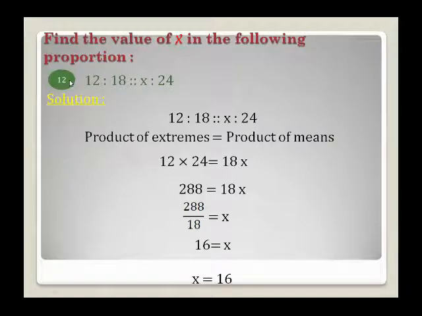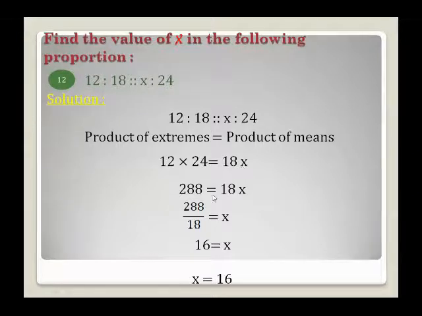Now the question number 12 from the same exercise, which is 12 ratio 18 proportion x ratio 24. The solution is 12 ratio 18 proportion x ratio 24. The product of extremes is equal to the product of means. We know that the first and the fourth values are the extreme values and the middle values are the mean values. So here we find the product, which is 12 multiplied by 24 is equal to 18 multiplied by